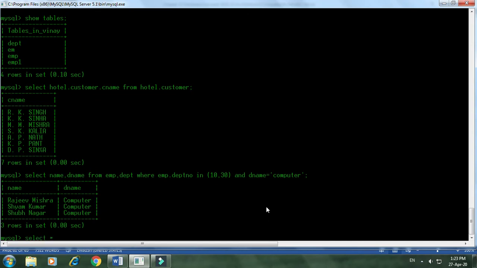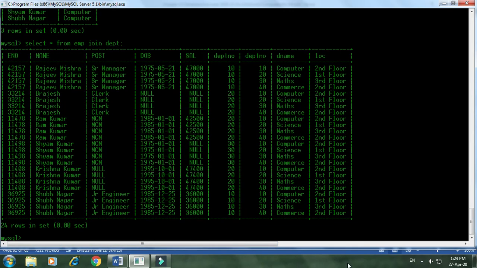Select star from EMP join DPT. Here you can see EMP is a table and DPT is a table. This gives you the Cartesian product. Similarly, the same command we gave previously gives the same result you can see here. So select star from EMP join DPT has joined automatically.